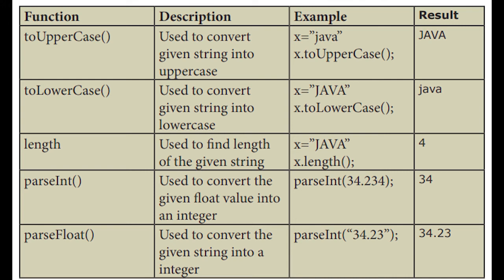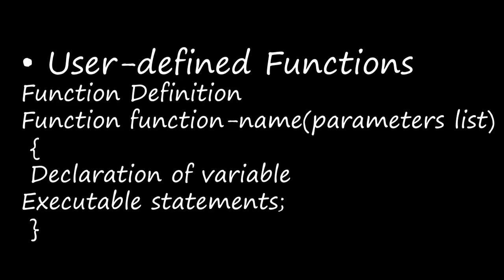Okay, so these are all the predefined functions. That means these are already defined and saved inside the JavaScript library, and hence they are known as predefined functions or library functions. And the other one is user defined functions. That means this allows the programmer to modularize a program. We'll be able to create code, combine a set of code, give it a function name, and it will be a user defined function.